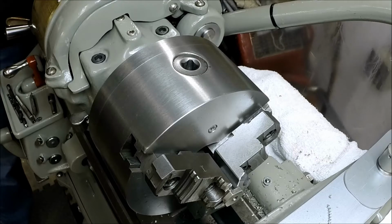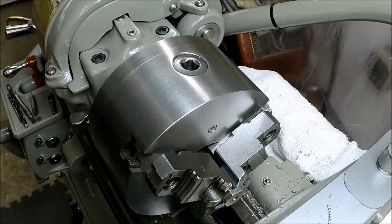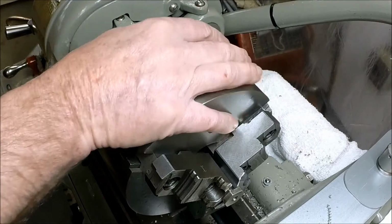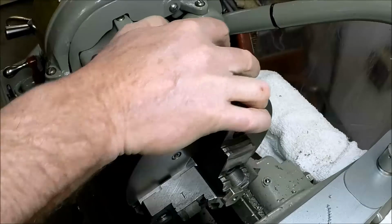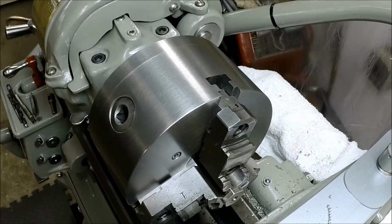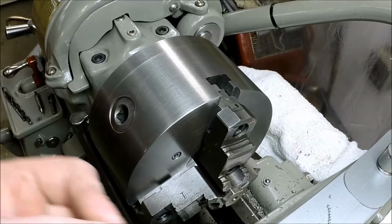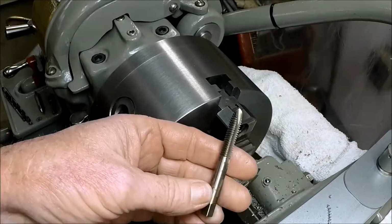Gonna hand tap this thing here. So I killed power on the lathe, and we're gonna put it in back gear just to lock the chuck here. Okay. We've got a 5/16 gun tap,